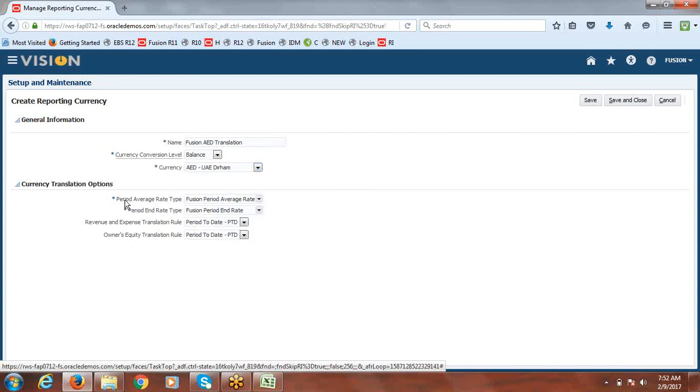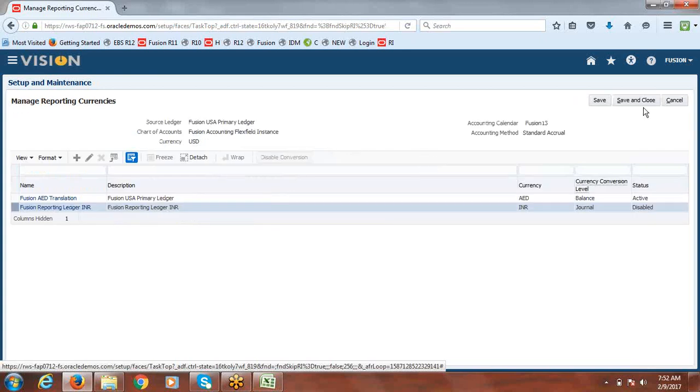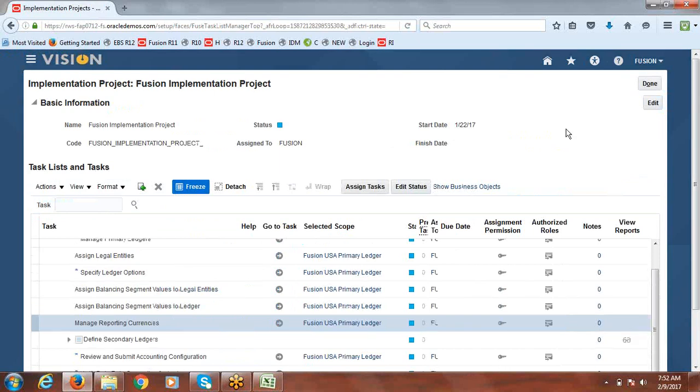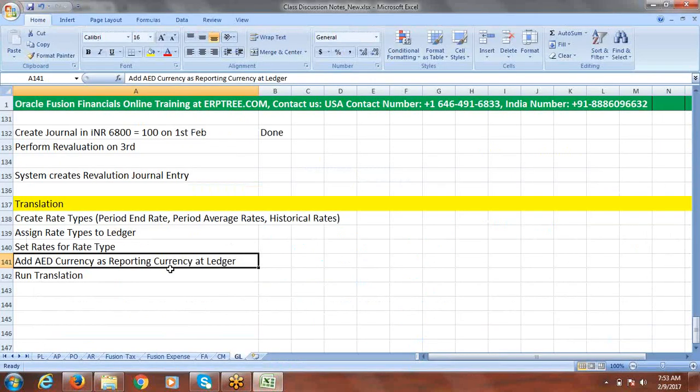And since we gave the rate types at ledger options, the same system is defaulting, and you can specify here how you want to do PTD or YTD. That specification you can give. Let's go with the PTD. Now say save and close. Fine, done. Now we can run the translation.